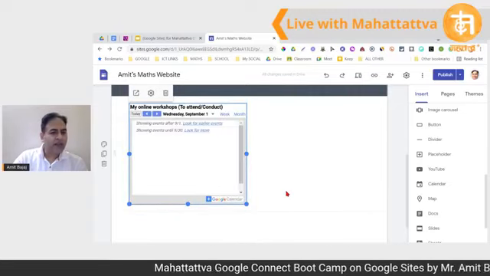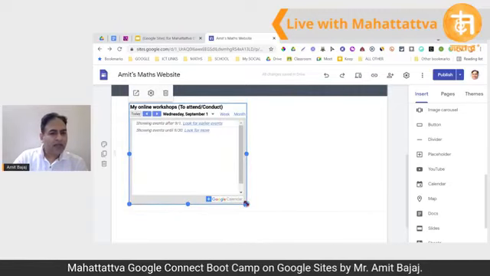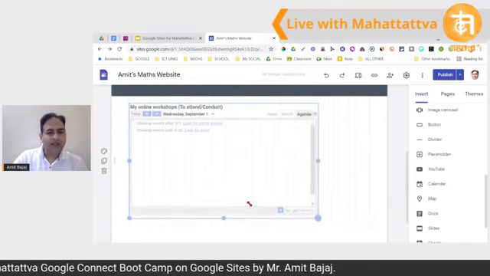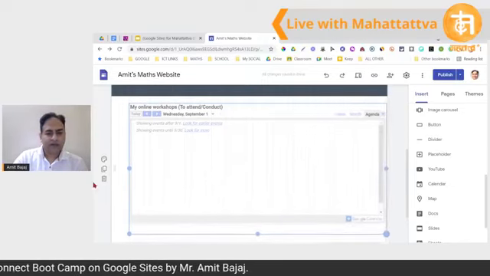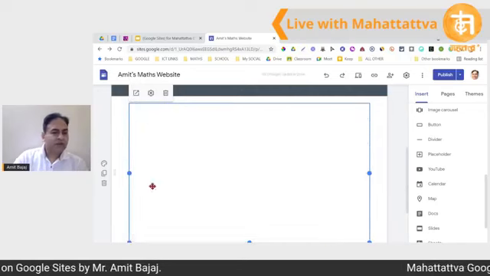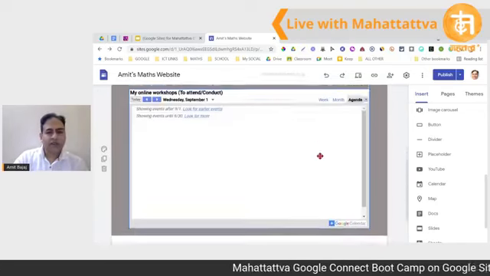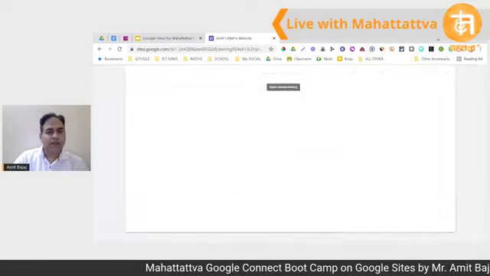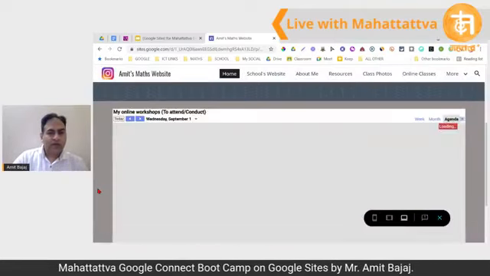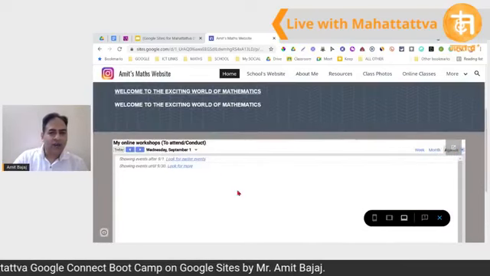The calendar is being loaded, and I can always resize this. I can again change the background as per my choice. And when I go to preview,